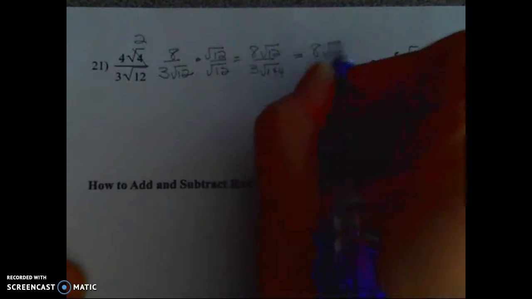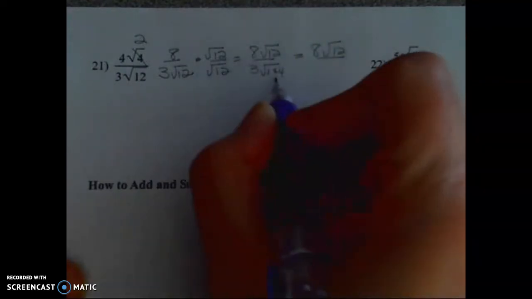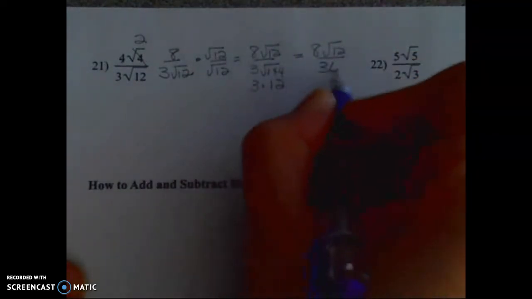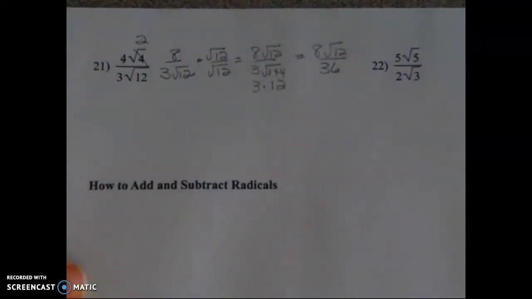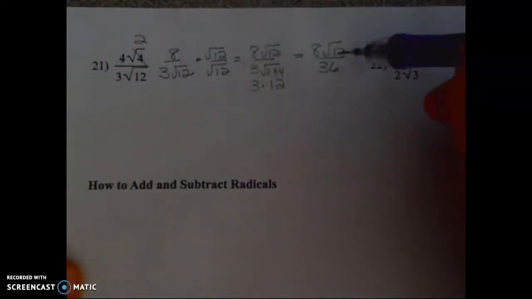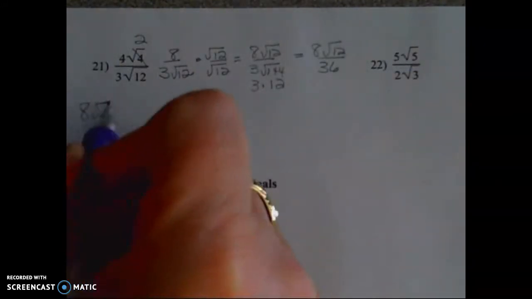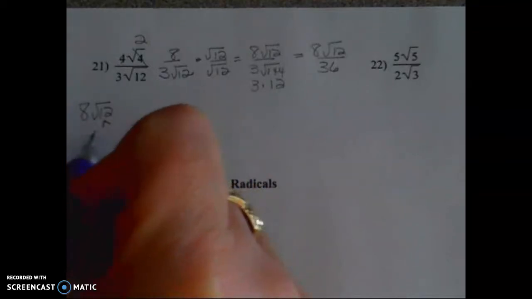I get 8 root 12 over 3 root 144. The square root of 144 is 12 times 3 is 36. Oh, there's a couple things we can do here. I'm looking at, this is pretty big. This 12, I feel like you can simplify it. Let's do that first. 8 root 12, we're going to turn into